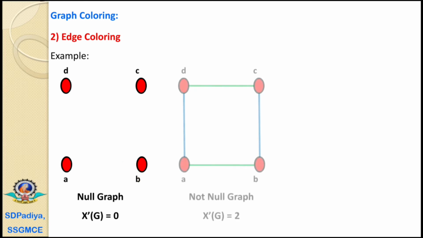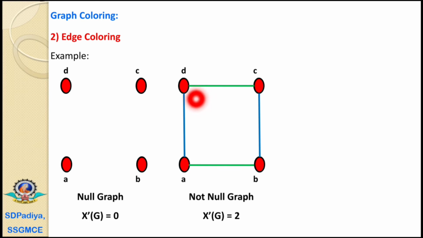The second is the example. Here we have the 4 vertices A, B, C, D and the 4 edges: A to B, B to C, C to D, D to A. Now about the node A, we have defined the edge A to B with a green color. Now the second edge which is connected to the node A must not be of the green color. Therefore we have defined it as a blue. And the second edge which is connected to the node B, again it must not be of the green color. Therefore the B to C and the A to D, these two are the green, these two are the blue.